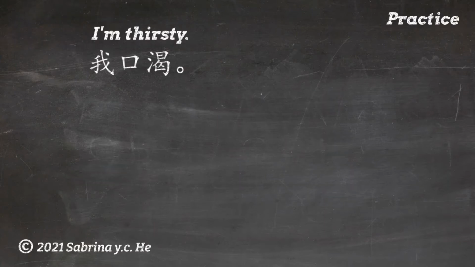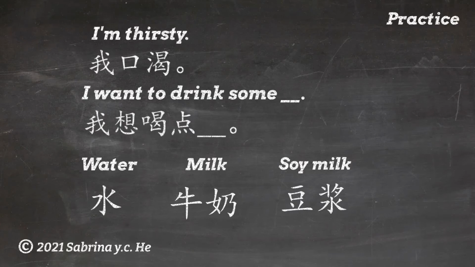First, let's practice how to express I'm thirsty in Chinese. Please repeat after me. 我口渴 Now let's put it into action. I'm thirsty. I want to drink some water. Please repeat after me. 我口渴我想喝点水